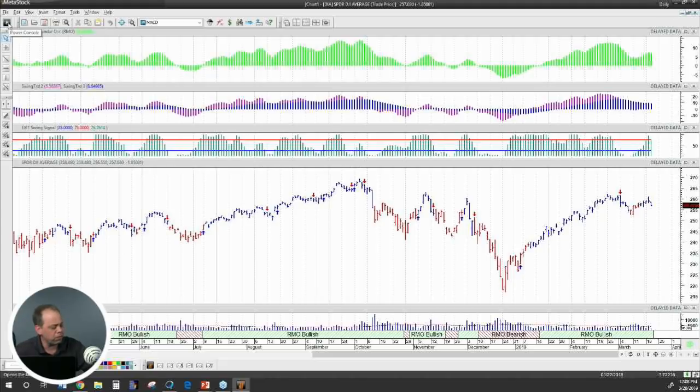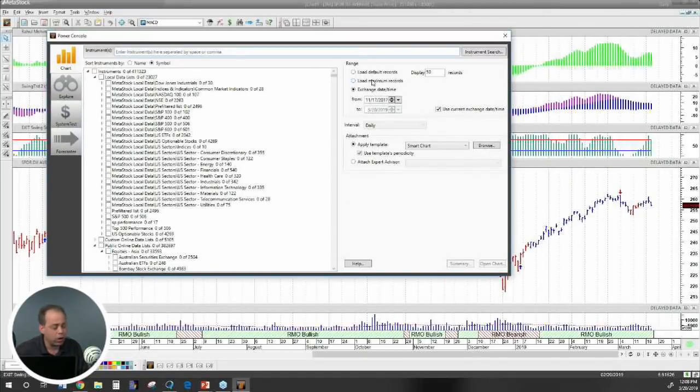Okay, and so for those of you that have MetaStock, to get to these models, I'm going to open up the Power Console, and we're going to type in a few instruments here. So we'll just type in WYNN, and because we use the Refinitiv data, or what used to be Thomson Reuters, I'm going to follow that with a .o, which just tells it to grab all of the data, whether it comes through the exchange or is electronic.